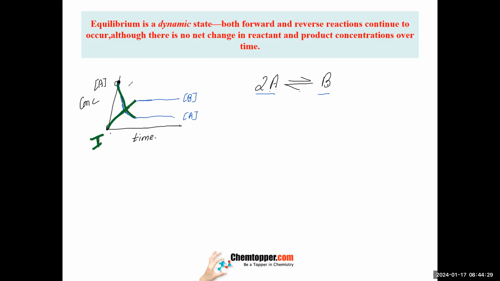Concentrations are changing. Why are they changing? Because they want to come to equilibrium. So this is a non-equilibrium state. Concentrations are changing. The system is fighting to achieve equilibrium. And at the time of equilibrium, there is no change in the concentration of the reactants and